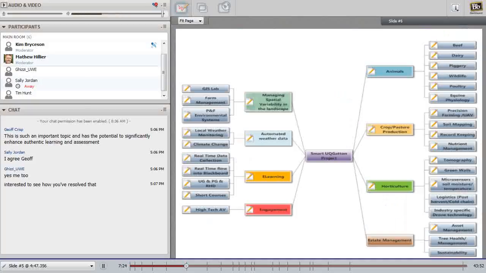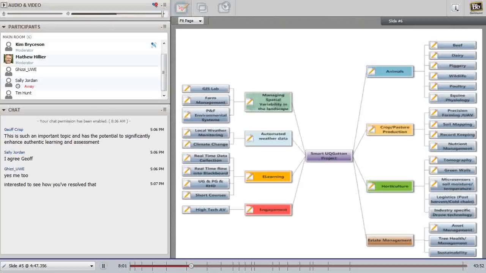So here we've just got a schematic. The Smart UQ Gatton, or the IoT project, managing spatial variability, and we have a GIS remote sensing lab which I run. Farm management, of course, because the farm is an operational working farm. We have properties and facilities, so UQ's property facilities, environmental systems, which have been very interested in this data. So once again, I'm incorporating people who are established within the university system, so it becomes part of something that will be maintained because it's seen as valuable to the actual operation of the university, as well as an educational